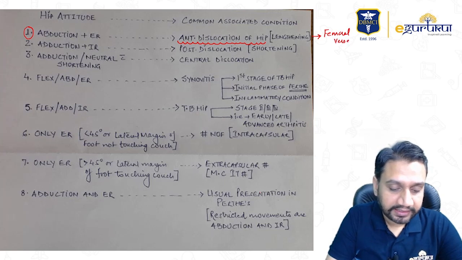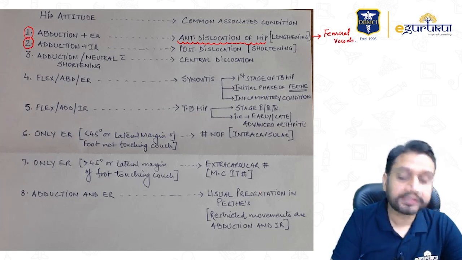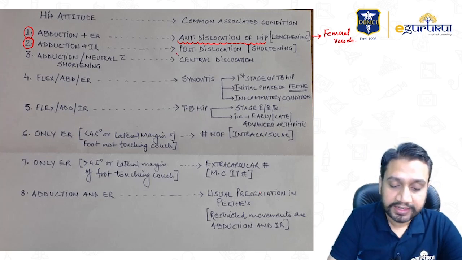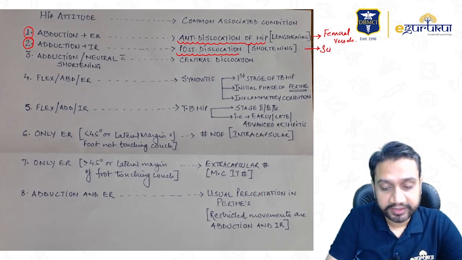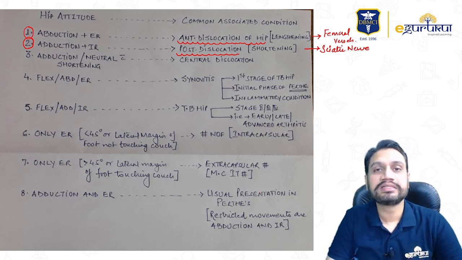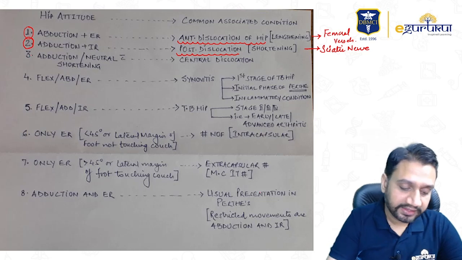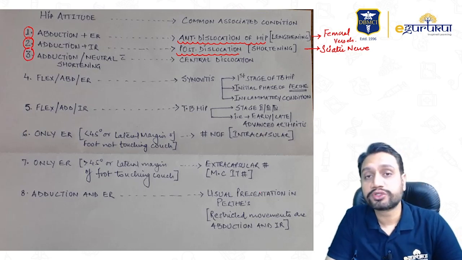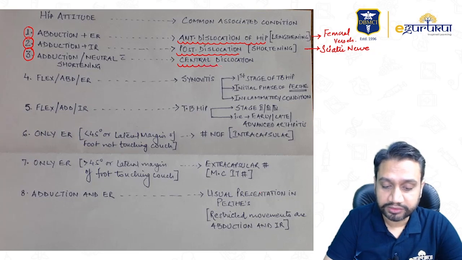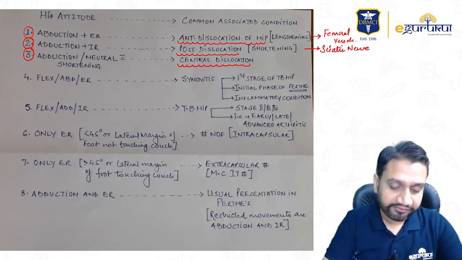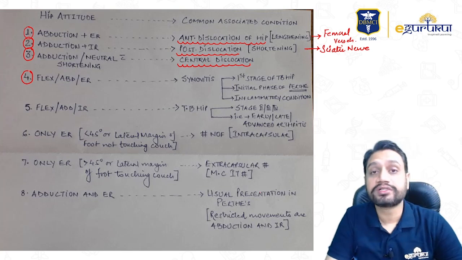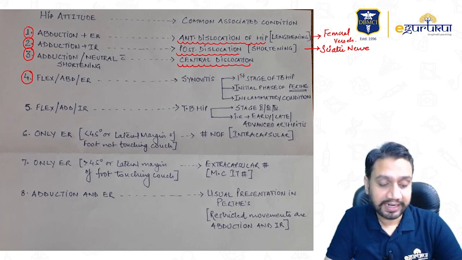If the hip joint is held in adduction and internally rotated state, close to the midline and internally rotated, it can be very well a posterior dislocation where we have shortening, and the injured structure can be the sciatic nerve. Do remember these important things. Everything remains connected. Every time the topics remain the same, the question out of them is changed, right? The way of asking you is changed. If there is an adduction deformity or the neutral position with shortening, it can be very well a case of central fracture dislocation, because the head of the femur has to perforate the acetabulum and get into the pelvic cavity.